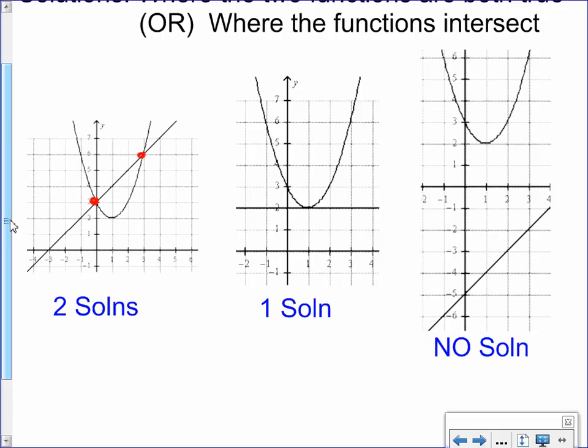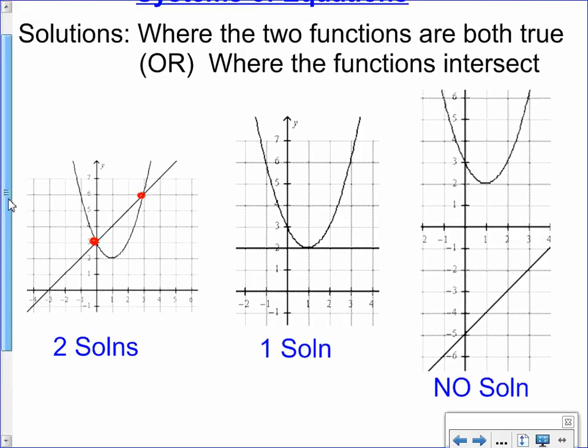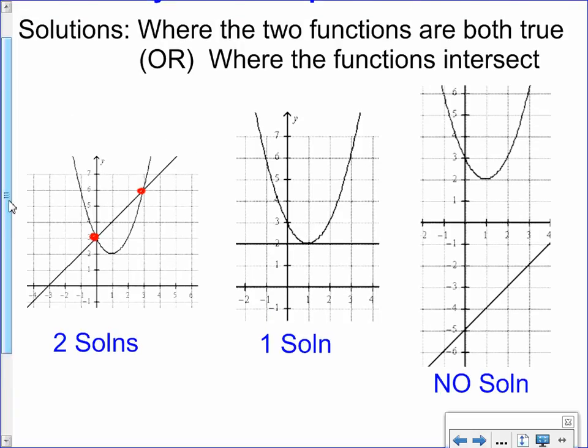Oh, I didn't even do the top part, did I? Okay. The solutions are where the functions are both true, aka where they intersect. So for example, in this first one, the point 0,3 will work on both the line and the parabola,